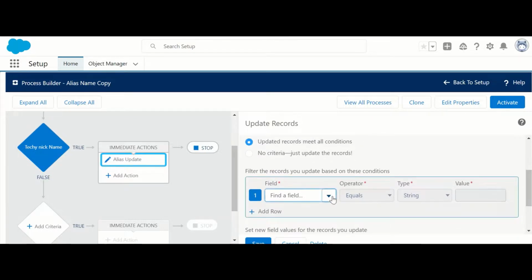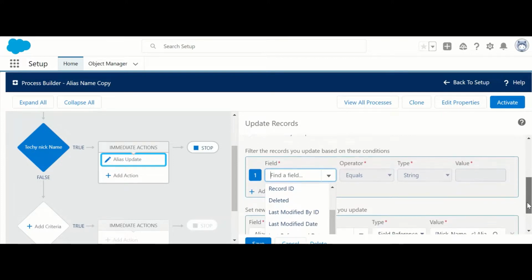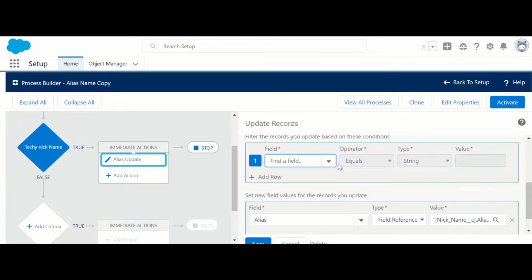Select a condition. In condition, select nickname. Now we are going to make this process so that we will not update all nickname records of that contact. We will update the records of nicknames that have nickname equal to Smith.